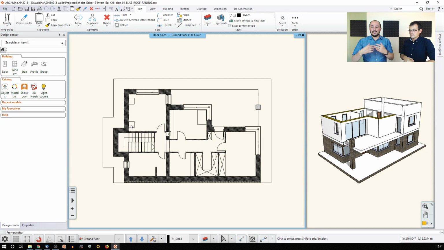But in case of a firewall, it's not covered by a roof. It's actually running in front of the roof. So you cannot set up a rule that tells the software that, okay, this should be cut, but not with this height, but with another one. So it would be too complex. So instead of that, the software gives you this smart idea of profiling the walls, kind of the same way as you